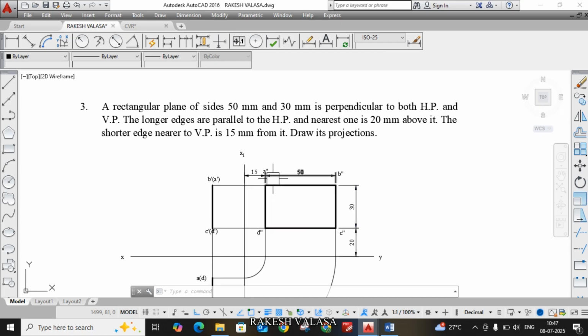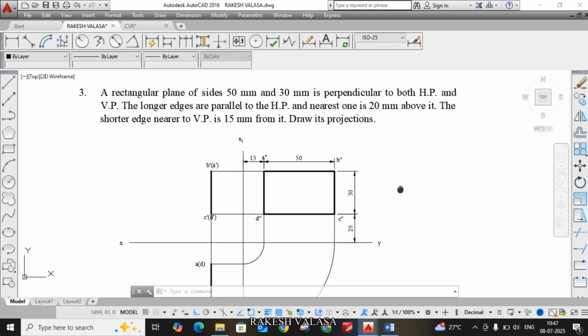That is A double dash, B double dash, C double dash, D double dash with the given dimensions, length 50 mm, width 30 mm. This rectangular plane's longer edge is 20 mm above HP, and the shorter edge, that means the 30 mm edge, is 15 mm in front of VP. Then we need to draw the